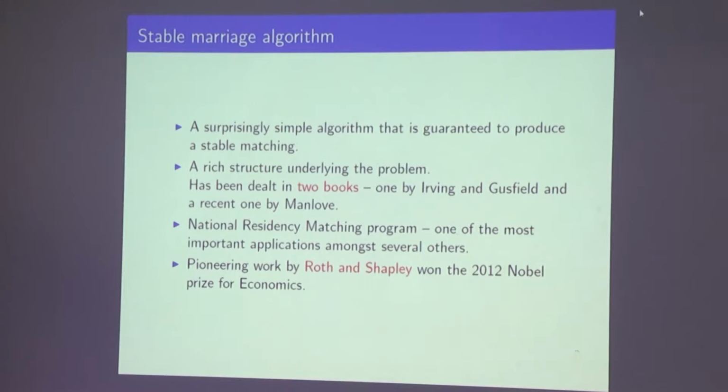algorithms. So again, very strong structural results are known, which are very beautiful by themselves, but which are also very much applicable in real life. So this is at a very nice junction where beautiful theory as well as very nice practical applications are there for such a problem. And in fact in 2012, Roth and Shapley won the Nobel Prize for their work on economic aspects of the stable marriage problem. So this is indeed one more reason why people should feel interested and excited about this.